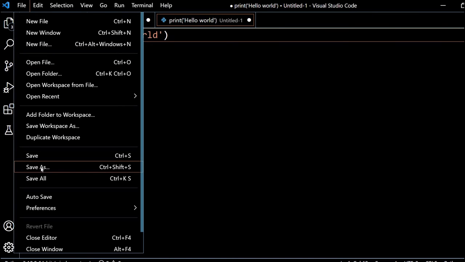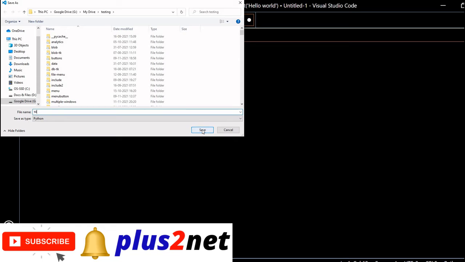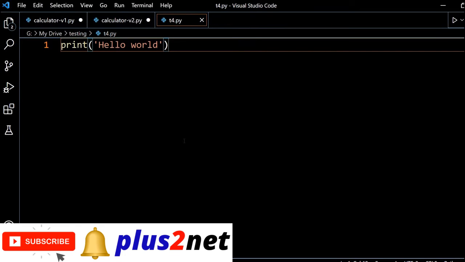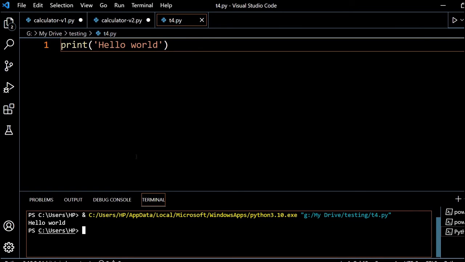File, Save As. I am naming it T4 and storing it in Google Drive, which we'll see next how I am integrating, so that it is available on my desktop as well as on my laptop. Now the Run button is there, Run Python File. I run it and it prints hello world.